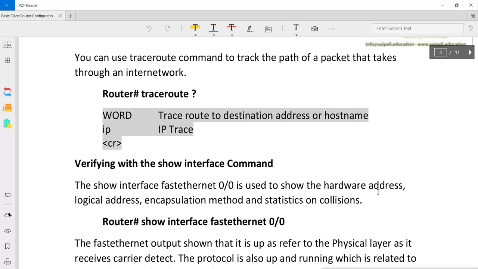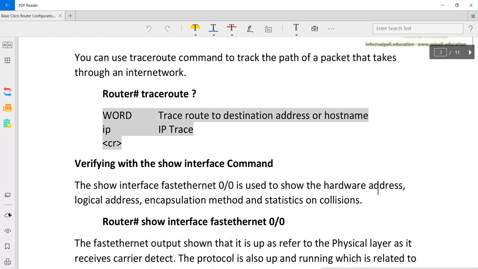So we use traceroute, and then we can give the name of the machine, or the IP address of the machine. Now our router is not configured with any network, so when I use this traceroute, I don't have any IP address to do this. But I will show you this on our Windows machine. So it does the same thing here.